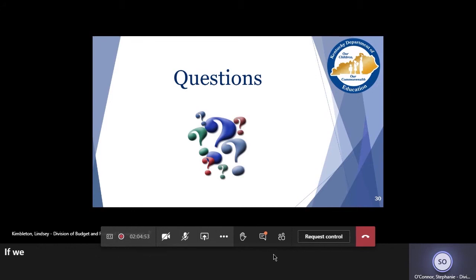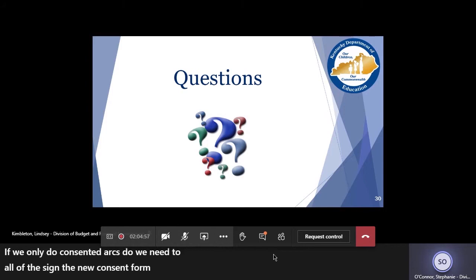If we only do consents at ARCs, do we need to assign the new consent form? If you're only going to be participating in the IEP portion of the program, then you do not need to get new consents signed. But if you are going to be participating in both the expanded access and the IEP portion, then it would be our recommendation to get the new consent signed for all your children, just because we don't know which children can go out of Medicaid eligibility.